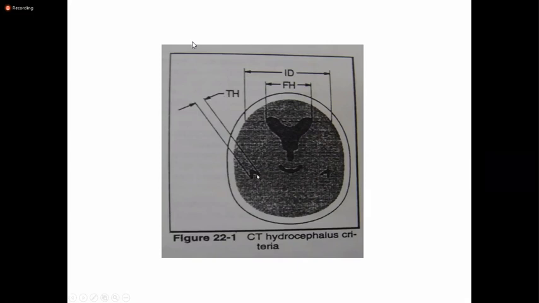So if the width of this temporal horn on the CT scan, there is a scale on the CT scan given over here in actual CT scan films. So if this is more than 2 millimeter in width, normally these temporal horns are not visible. But if it is visible and if it is more than 2 millimeter in width, then you will label it as hydrocephalus. So this is one of the criteria to pick up hydrocephalus on CT scan and MRI. So this is the first point, that the width of the temporal horn will be more than 2 millimeter.